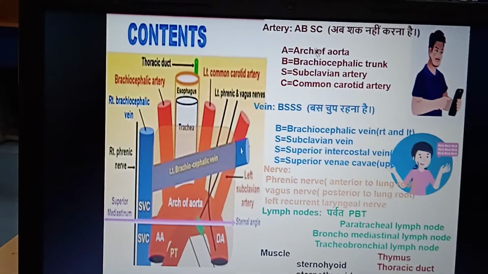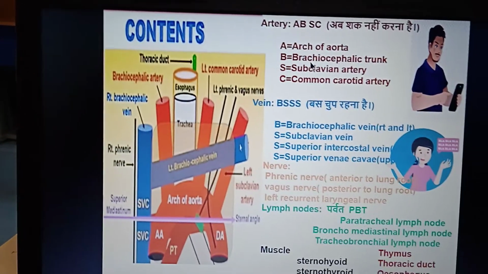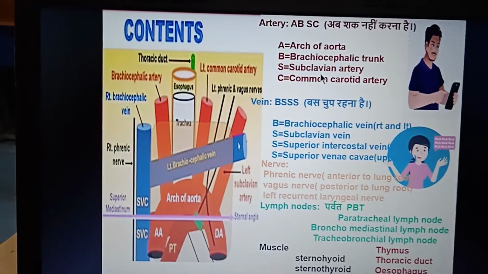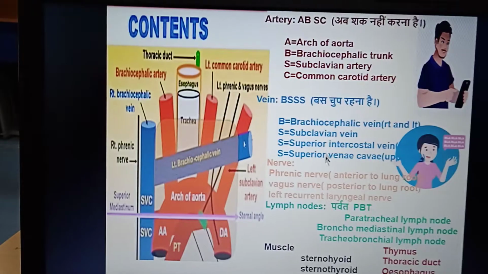Okay. So A, B, S, C. Now there is no doubt. That is the arch of the aorta, brachiocephalic trunk, subclavian artery and common carotid artery. About the veins,